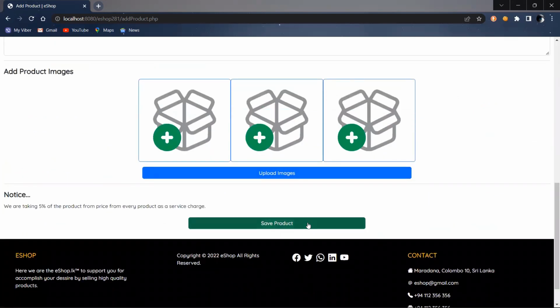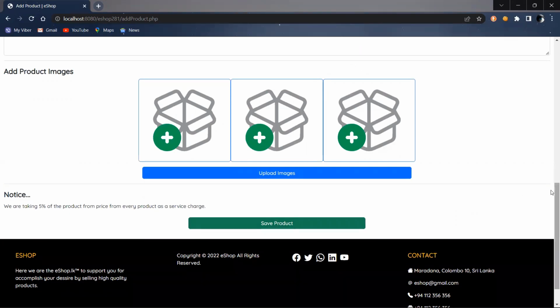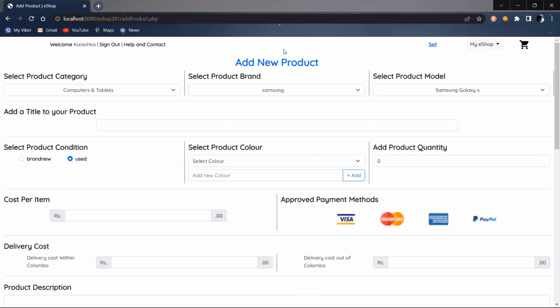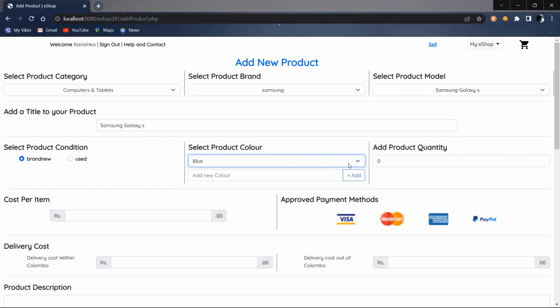And now, "Please add the title." Likewise, for every section there is a validation. And now I'm going to add all these things. Name to the product title also, and brand name. Select a color. I will select blue. And product quantity,